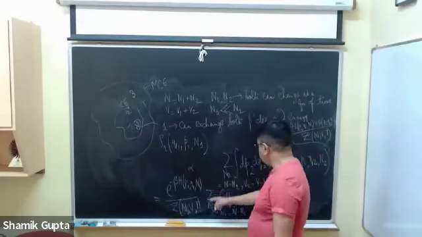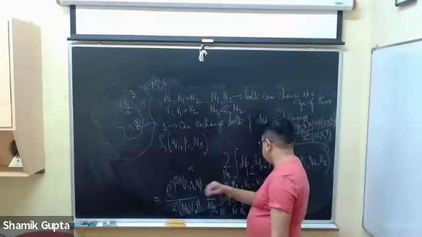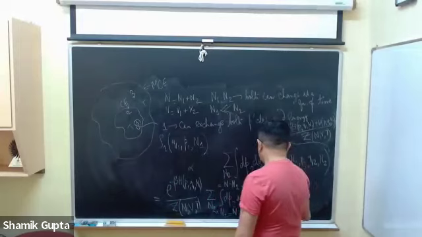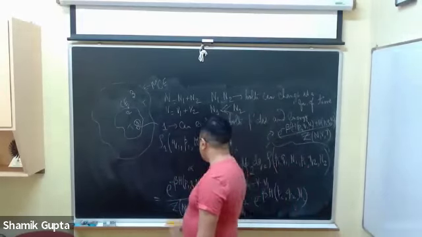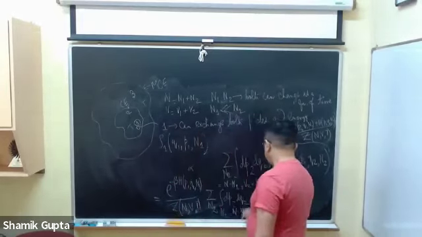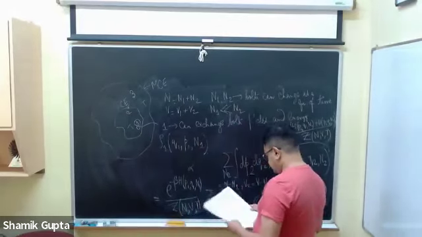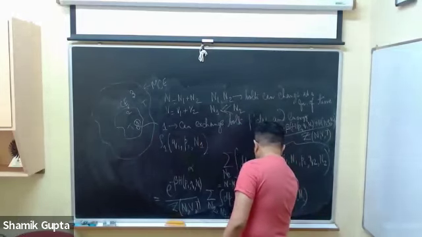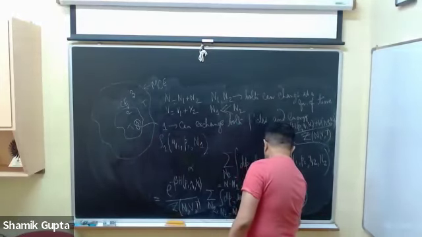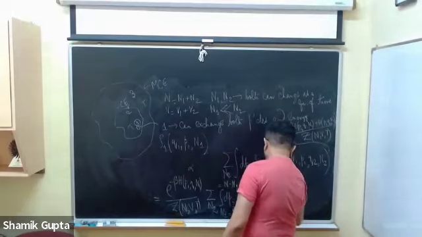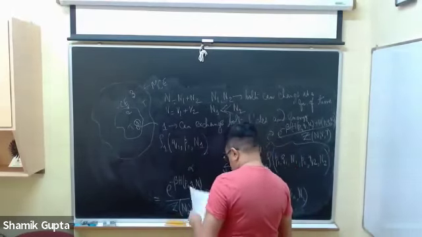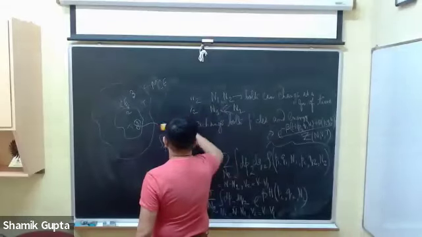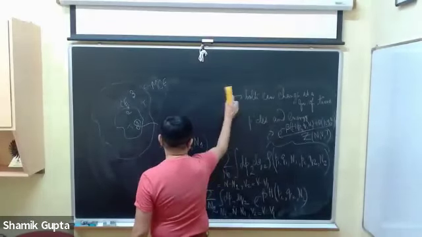For this term, the way that I have written here with the summation and the integral, it is nothing but the partition function of system 2 with number of particles equal to N minus N1 and volume equal to V2. If I just substitute it here, what I get is